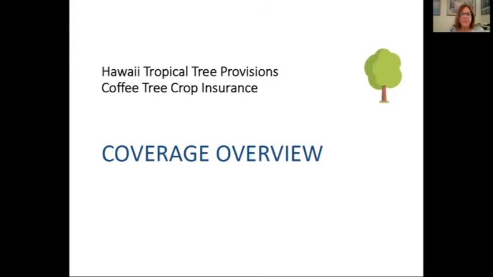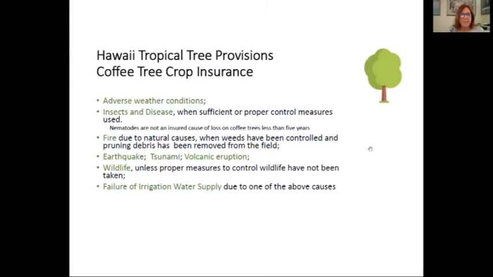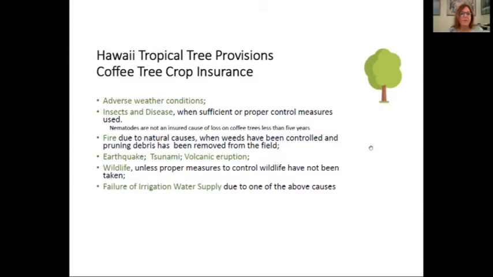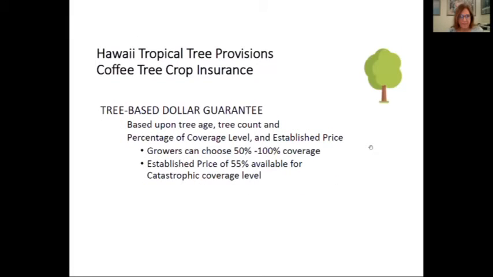The tree provisions are next. Same list of insured causes pretty much, except we don't have the ones that apply to the loss of production. It's a tree-based dollar guarantee based on tree age, tree count, and the percentage of coverage level and the insurance pricing. Growers can choose 50 to 100% coverage with